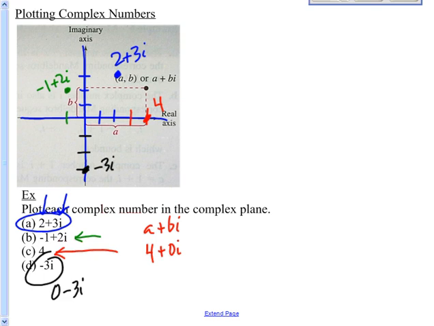Okay, let's do one more here. How about negative 2 minus i. So I go negative 2 horizontally, left 2, down 1. There's negative 2